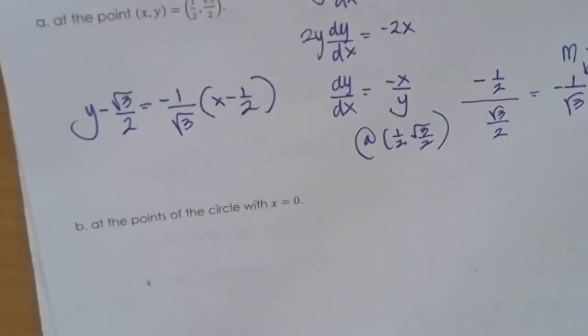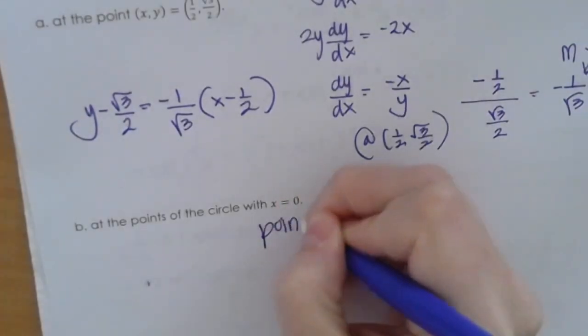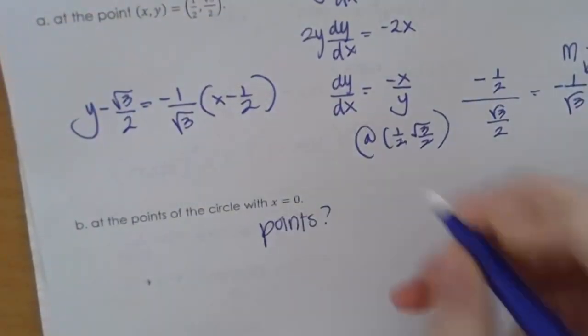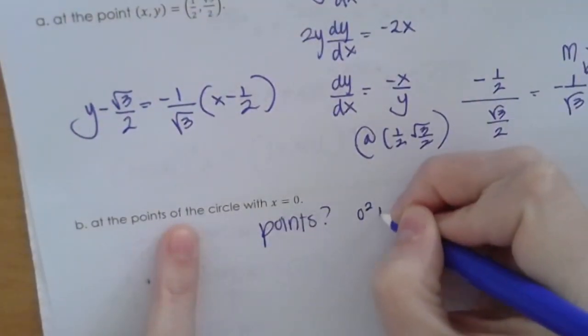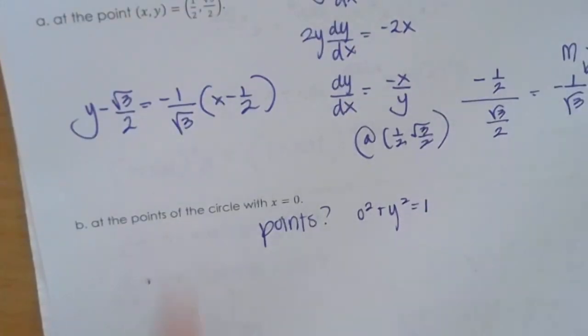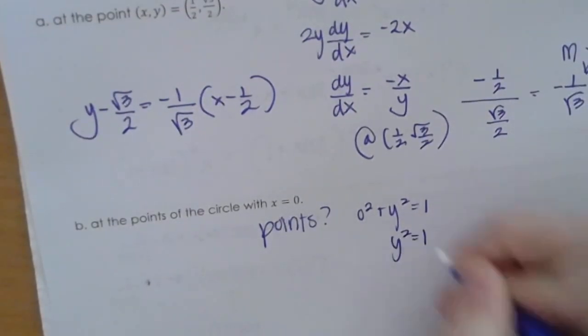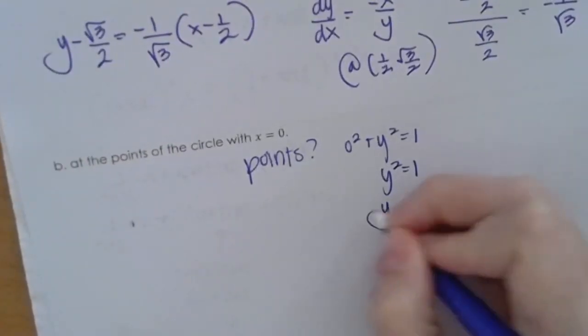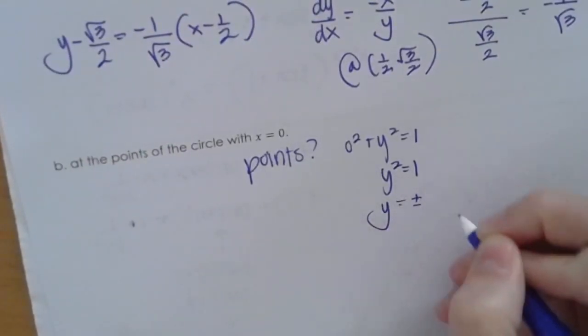Next one, at the points of the circle with x equals 0. They didn't give me a full ordered pair, so I need to know where x is equal to 0. What are the points they want me to find this at? So go to your original function, 0 squared plus y squared equals 1. Well, we know that's y squared equals 1. And now the y values that would go with this would be plus or minus the square root of 1,